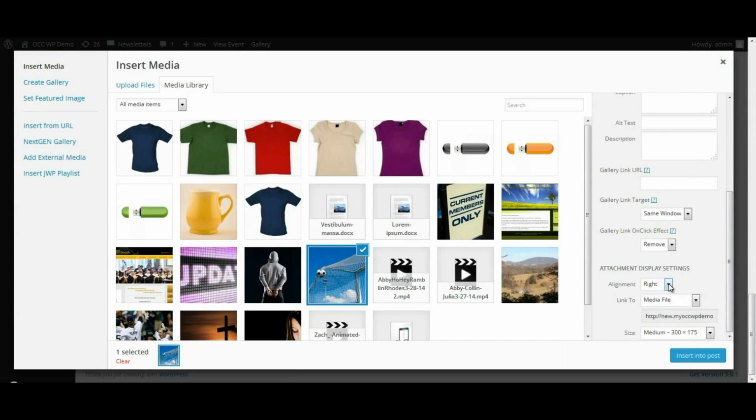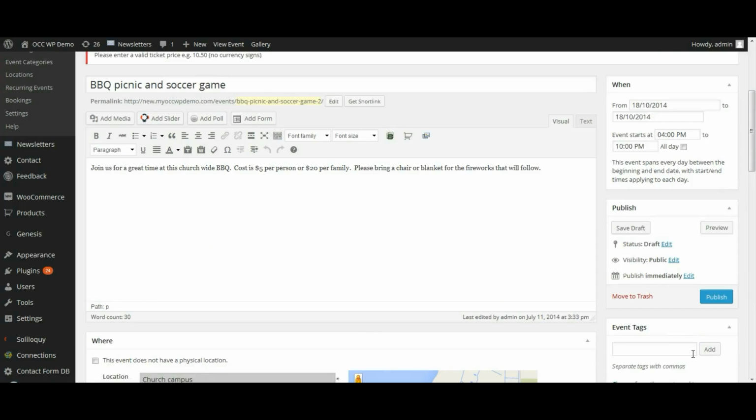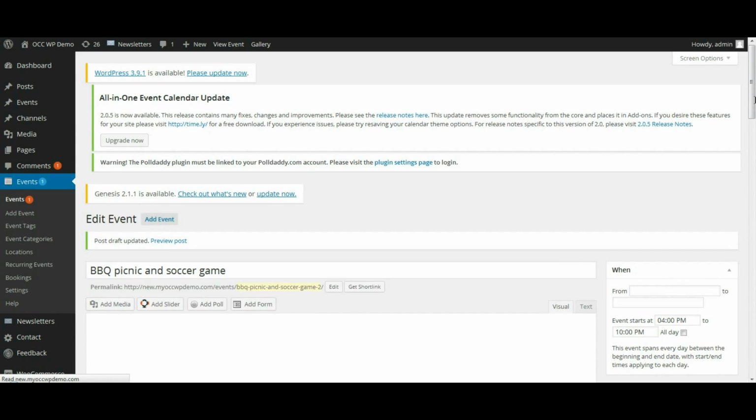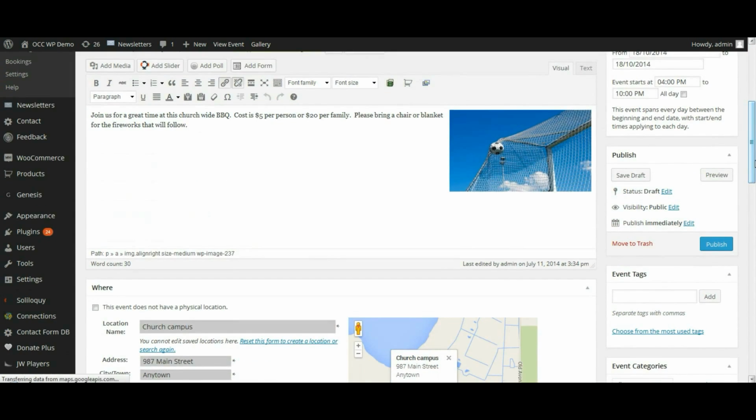And for alignment, we'll have it on the right. We can select the different sizes. We'll keep it as medium and then click Insert into Post. So now it shows there. I'm going to click Save Draft again. And then once that's saved, we can preview to see what it will look like when someone comes to the website